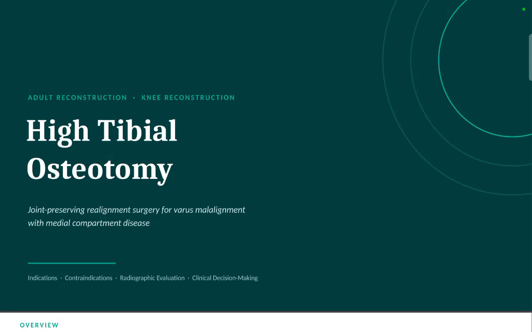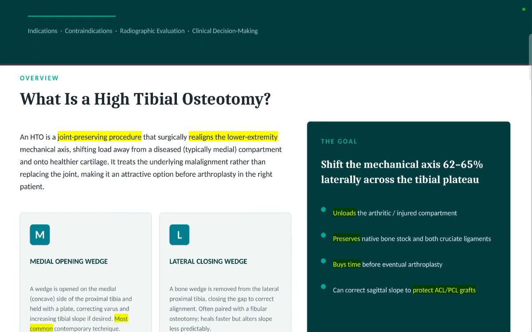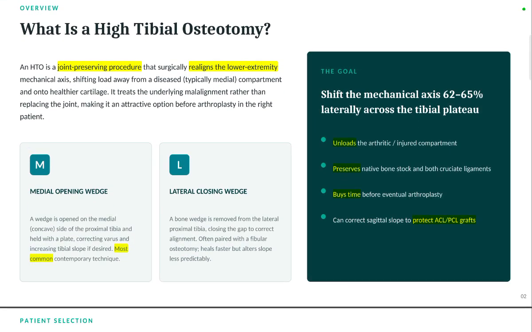High tibial osteotomy. When is it a valid option? Basically, it is a joint preserving procedure that surgically realigns the lower extremity mechanical axis. It unloads the arthritic injured compartment. It preserves the native bone stock, buys time before eventual arthroplasty, and can correct the sagittal slope to protect ACL